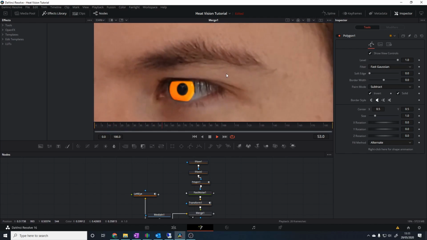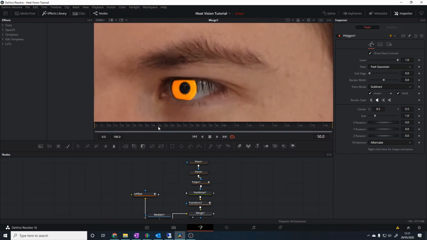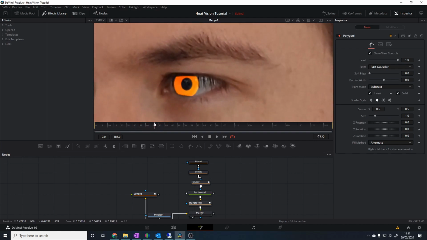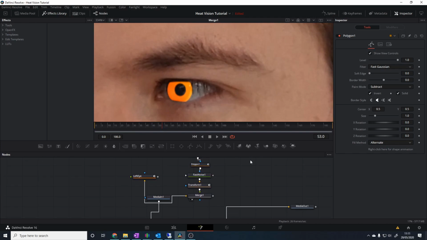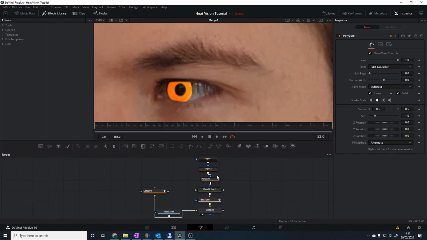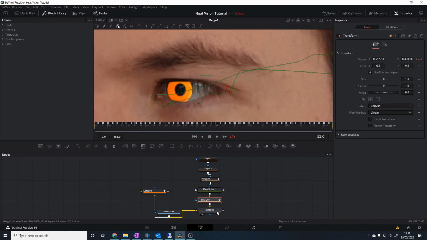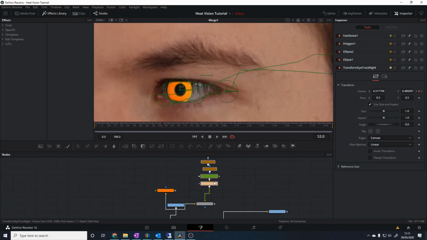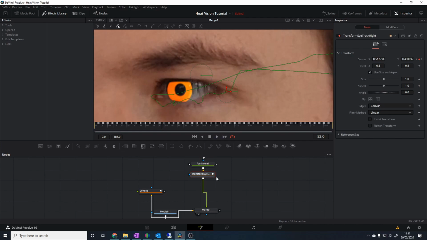Now as you can see, there are a few points where it does slip off slightly, so to fix that, what we can do is we can add another transform node and keyframe with properties. So this first transform, I'm going to rename it to transform eye track right, and that contains all our tracking data. So now let's add another transform node,